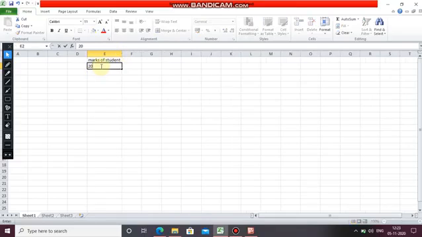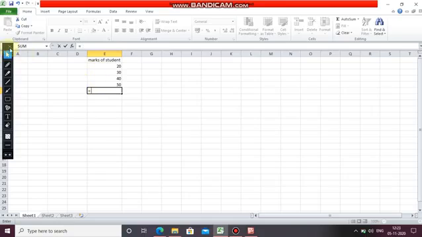He has got 20, then 30, then 40, then 50. As per this statement, first you have to use equals to sign. Then instead of writing 20 plus 30 plus 40 plus 50, what will we write?